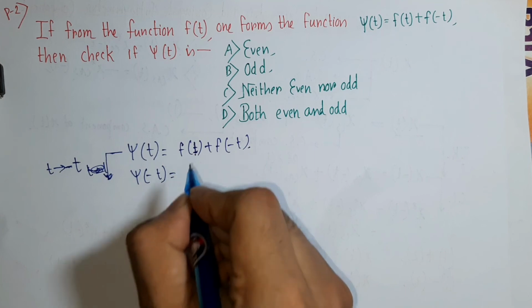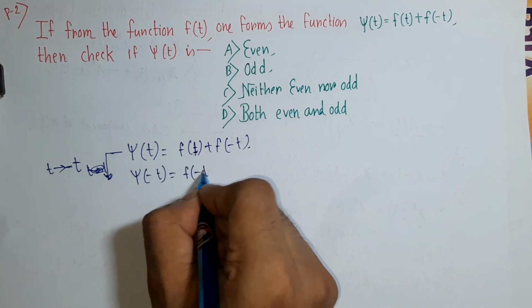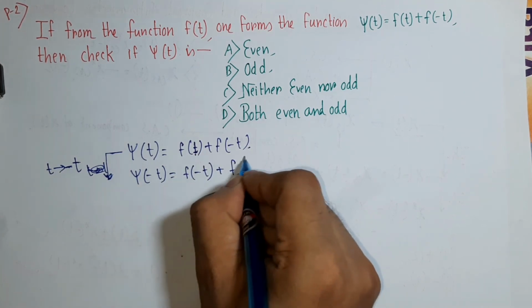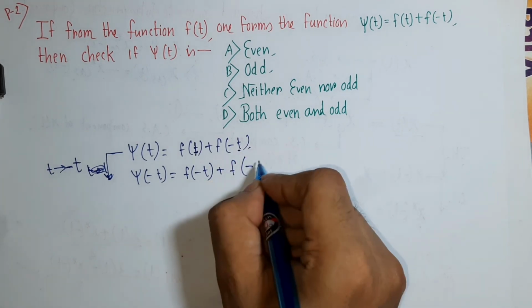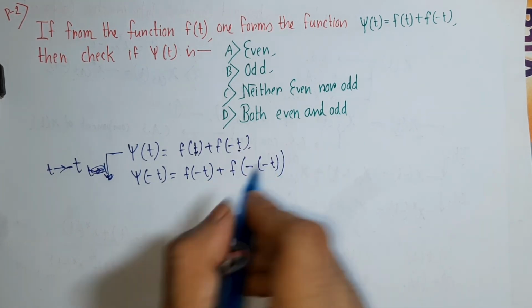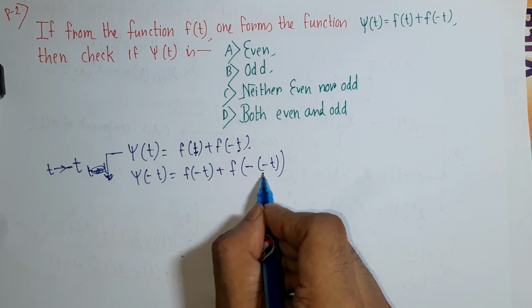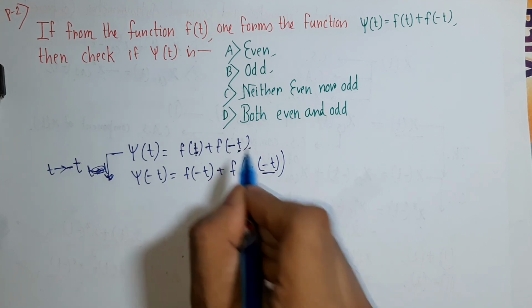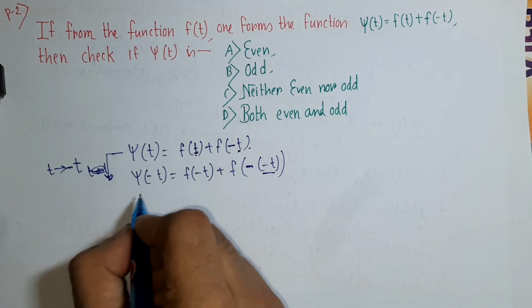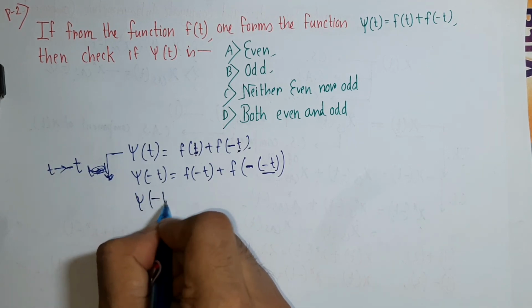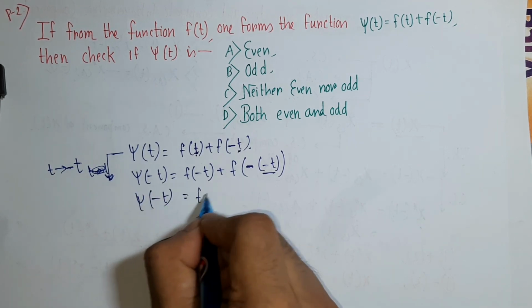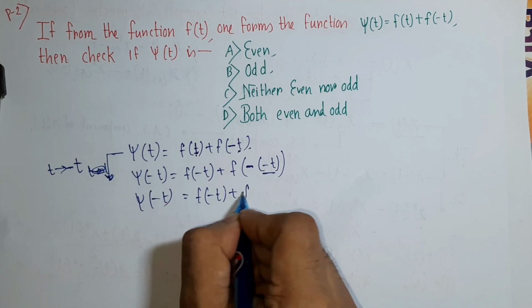If I replace this time variable t by minus t, I will have f of minus t. If I replace this time variable t by minus t, I will have this. See, this time variable t has been replaced by minus t, and the negative sign is kept before. So you have that psi of minus t is equal to f of minus t plus ft,